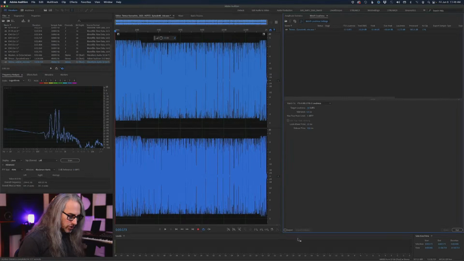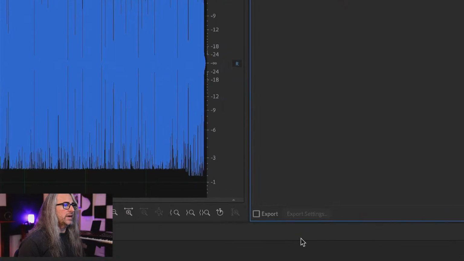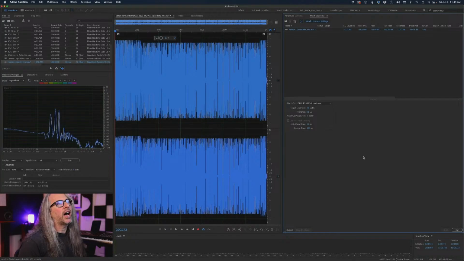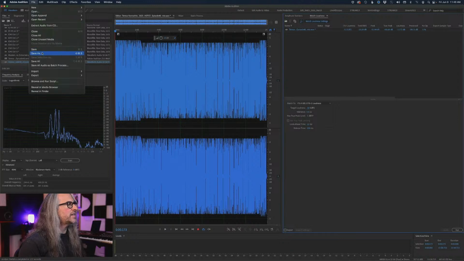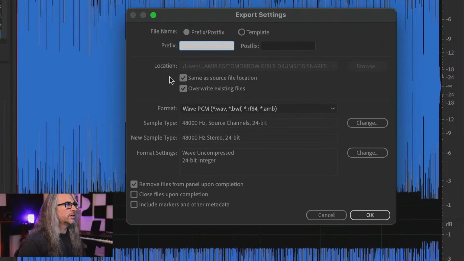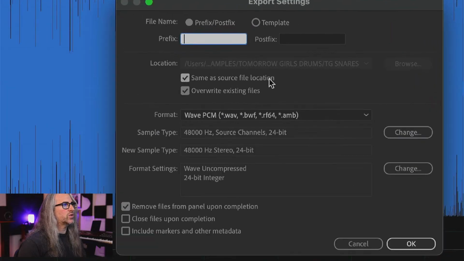Now, as mentioned, just as in the Batch Process panel, note we have export. This just saves you the step, right? I can do the process here and then just file save. The other cool thing about this, if you do the export here, let me just show you, you'll note that you have same as source file location. So you can put your converted, changed, modified file in the same location. And if you're feeling adventurous, you can also overwrite the existing. Now, you may not want to do that. Many times you don't, so you can uncheck that. But it does give you flexibility there.